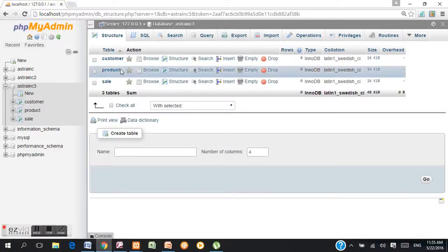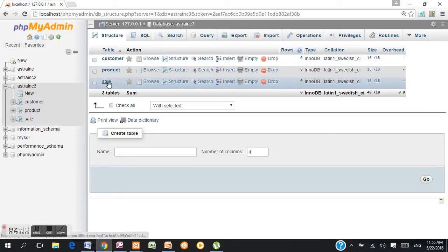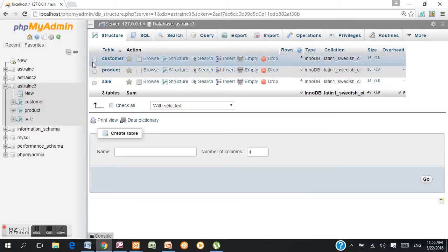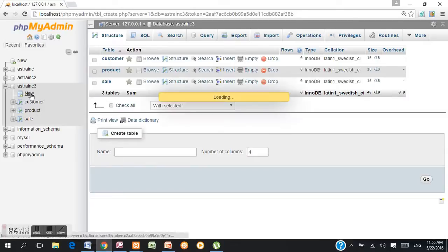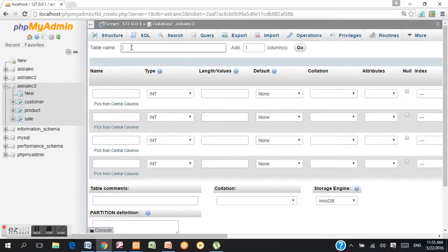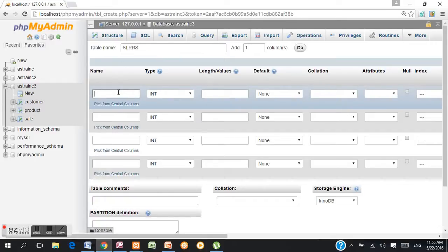So, going to MySQL, I already had created some tables to speed up the process: the customer, the product, and the sale table. We took together the salesperson table. So let us create a new one, and enter the name of the table, SLPRS, then the name of the columns or attributes, the ID,